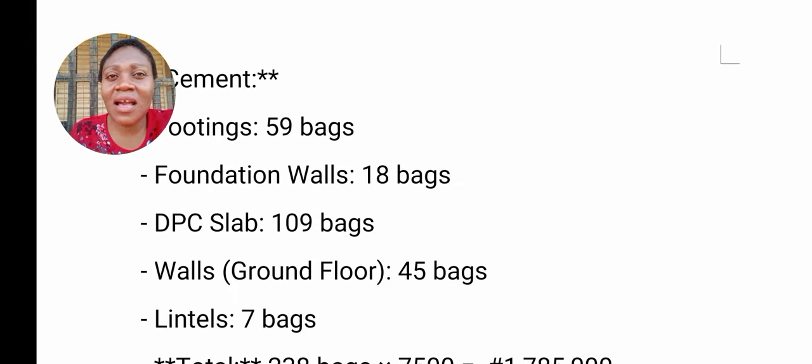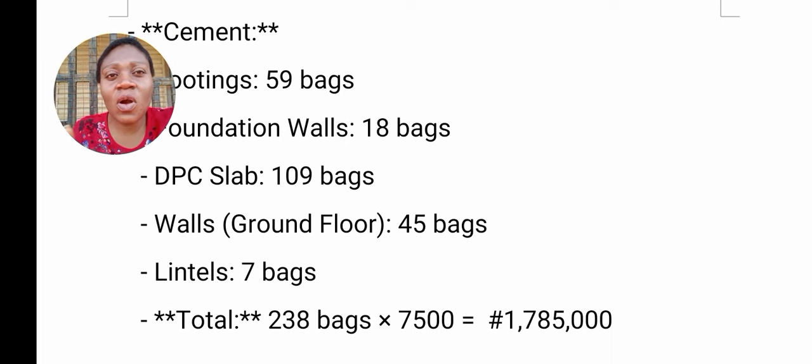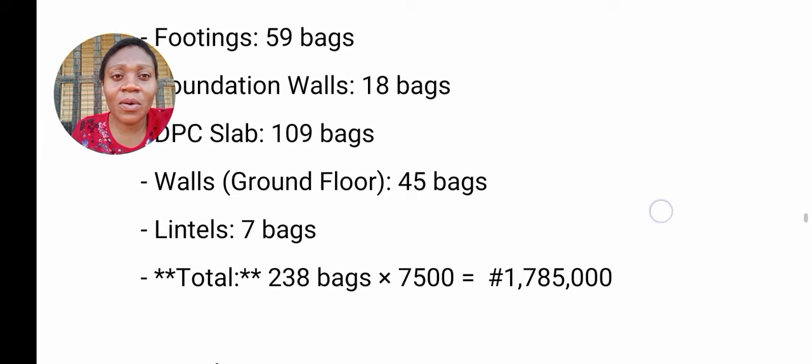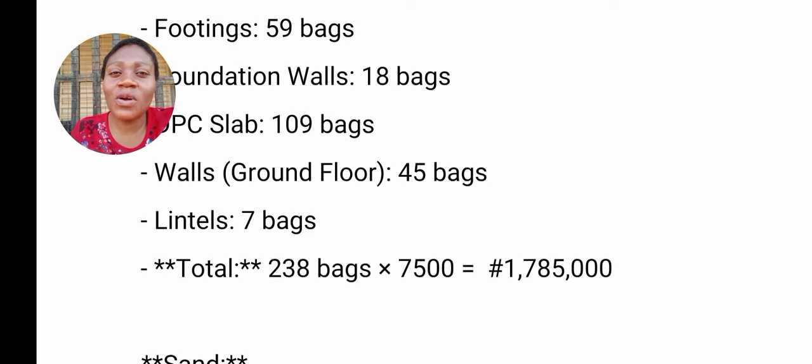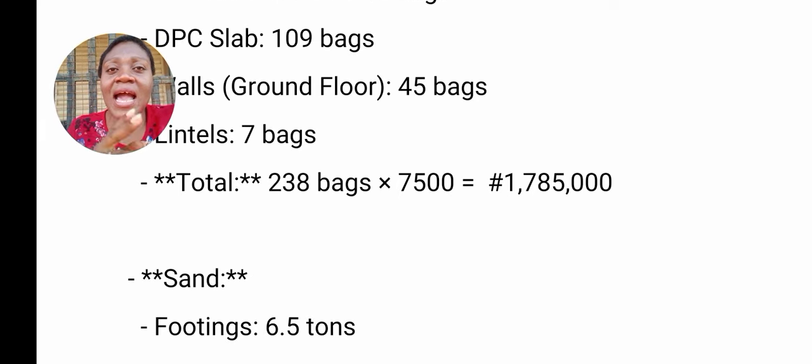So the total materials for this work from foundation to lintel level, you have cement after adding from the footing stage, the second stage foundation wall, the third stage DPC, the fourth stage walls, then the lintel. You are having 238 bags. From our calculation, we're having 238 bags of cement. Multiply it by the present price of cement, which is 7,500, and you will get